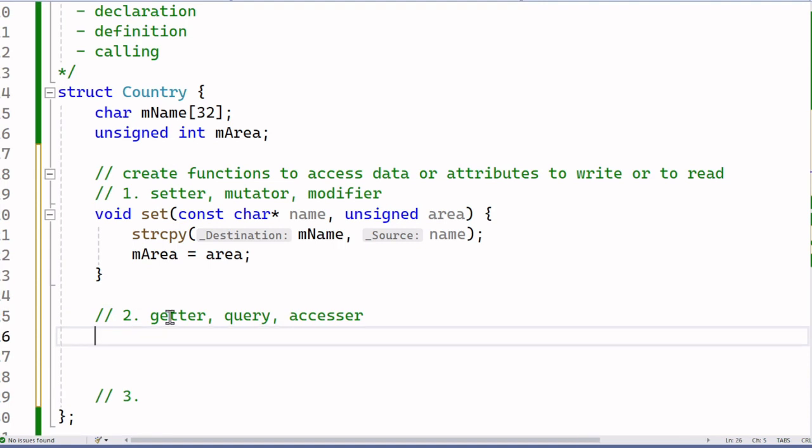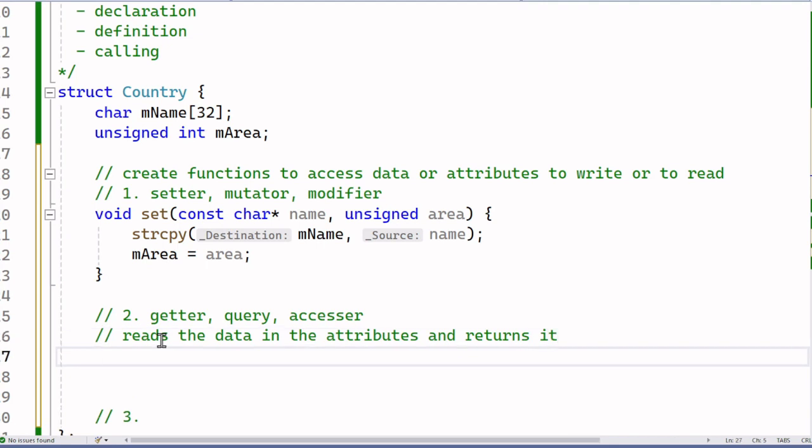Accessor function, right? The purpose of this function is to return the data in the attributes. So we have two attributes, so we cannot have a single function to return two attributes unless we decide to make the function a bit more complicated. If I want to keep the function simple, then I need to have two different functions to return two different data